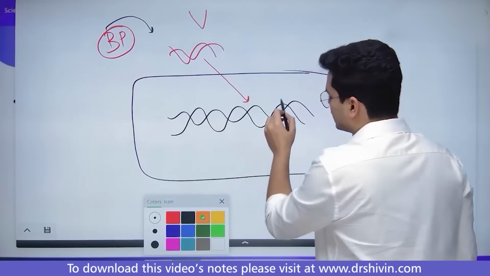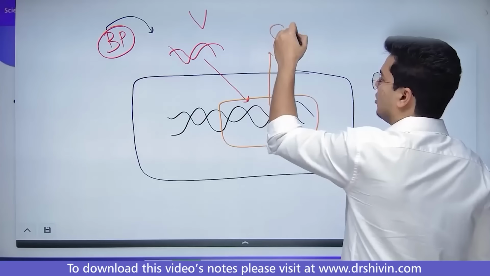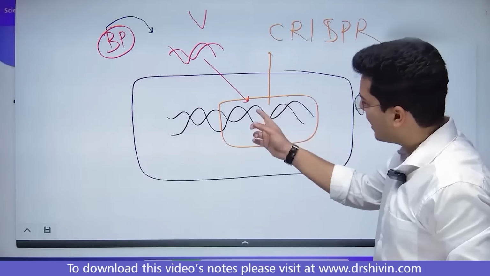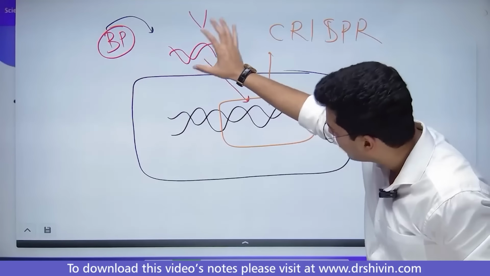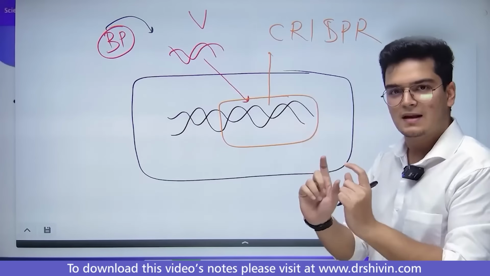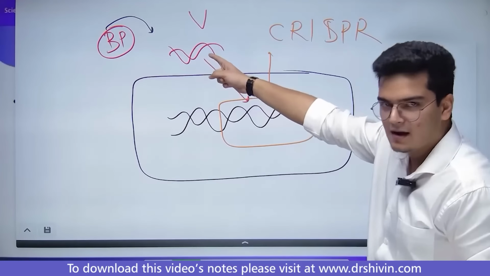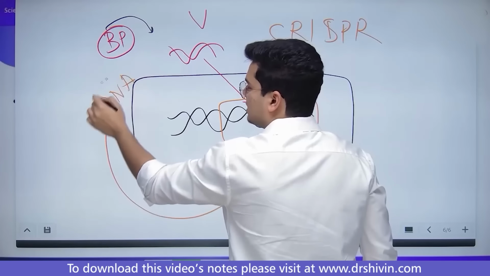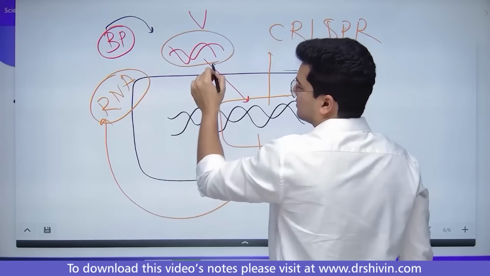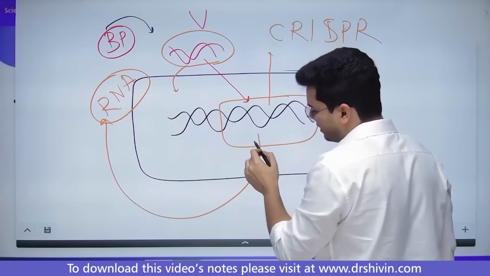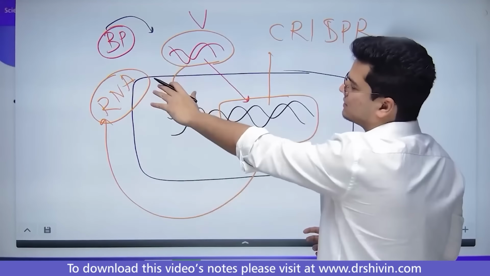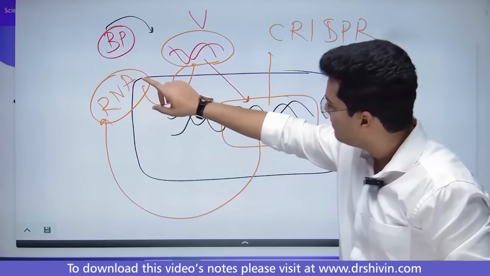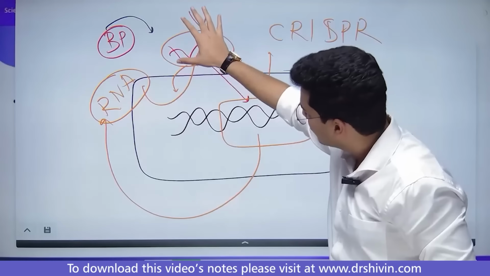बैक्टीरिया के पास यहां पर एक सिस्टम है, क्रिस्पर नाम का, क्लस्टर्स ऑफ रेगुलरली इंटरस्पेस्ड शॉर्ट पैलिंड्रोमिक रिपीट्स। सो इट हैज दिस वायरल डीएनए सीक्वेंस अपने जीनोम में भी, इसने पहले से बना के रखी हुई है। जैसे ही इसको ये वायरल डीएनए दिखता है, ये अपने यहां से एक आरएनए बना देता है। इट ट्रांसक्राइब्स द आरएनए विच इज सिमिलर टू दिस। इसका जो ओरिजिनल आरएनए होना था, वो वायरस अपने जीनोम से ट्रांसक्राइब करके बना देता है। फिर ये आरएनए जाके गाइड आरएनए का काम करता है। दिस आरएनए बिकम्स अ गाइड to engulf this DNA